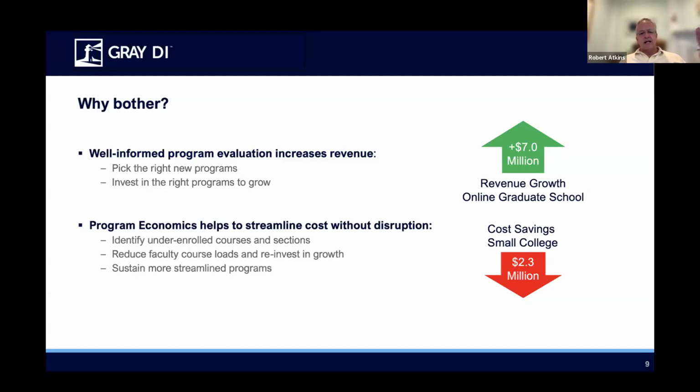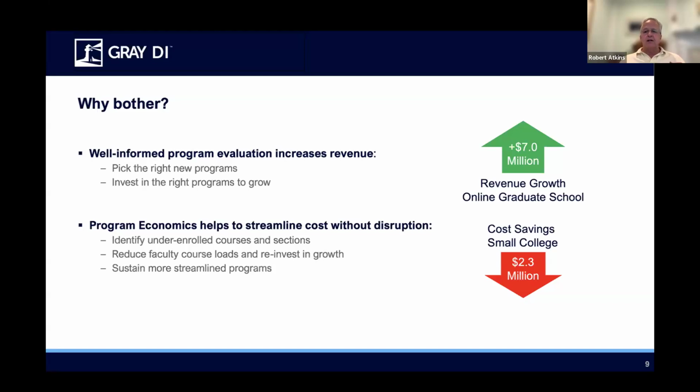They go in and slash programs, often with very little data. Some of the data is actually wrong in what I've seen in studies. And the result is that they lose as much revenue as they reduce cost, and in many cases end up back where they started by a different route, still in financial trouble, having upset their donors, upset the parent community, upset students, and upset everybody in the institution because of the programmatic cut. So there is a smarter way to do that, and you can still save a lot of money.